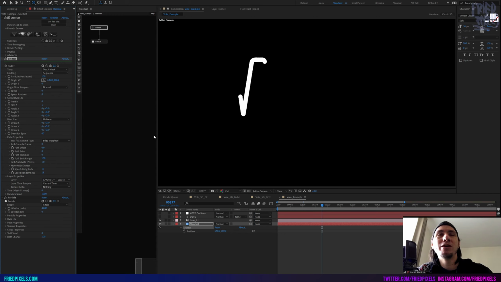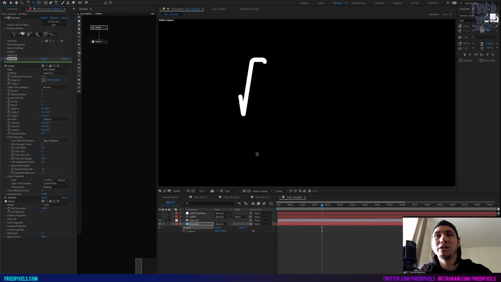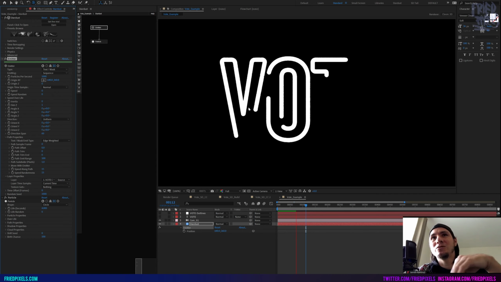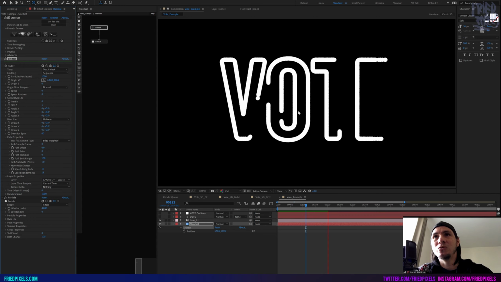So at 1, you can see it's really dense, and 10 is more sparse, which is the default. So if I set this back to 1 and hit play, you can see that the text is going from start to beginning on each mask in progression across the thing. And then if we just change the amount of particles to much higher, it'll go much faster because it's emitting a lot more particles and they're going along those surfaces, and then it's going to the next one. So this begins to get that cool ride-on effect.